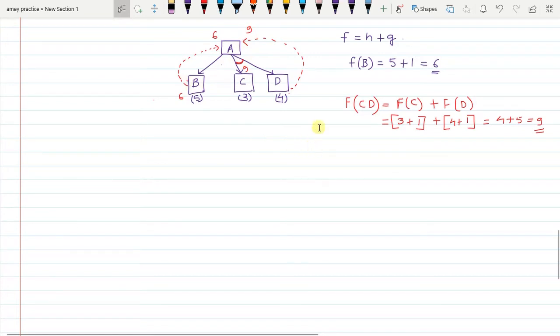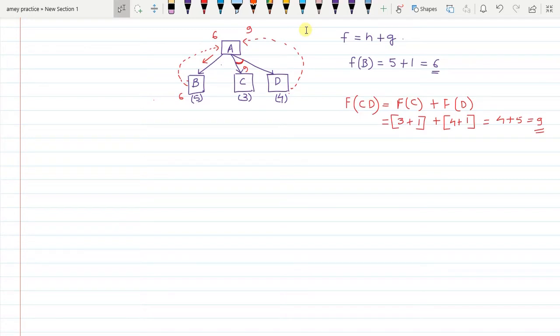Now once this is done, the AO star algorithm compares its choice: whether to move along this path so that B is expanded further, or whether to move along this path so that C and D are expanded further. To do that it compares the backed up values. If you take this path, F of A happens to be 6. If you take this path along arc CD, F of A happens to be 9. Since it's a minimization problem, AO star decides that 6 is a better value than 9, because 6 is lower than 9, and finally it decides to do the expansion from this end only.